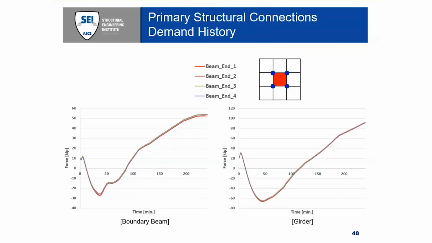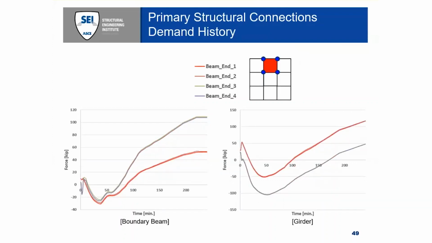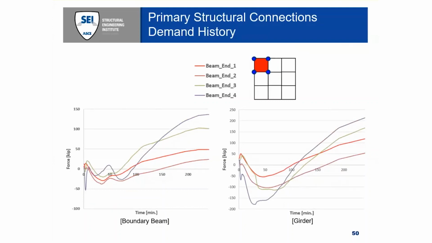And as you can see, there's symmetry here because there's symmetry of restraint. However, if you look at an edge bay, there's only symmetry in 2 directions. So there's a sort of bifurcation of the force histories at the connections depending on where you are. And if we look at a corner column, a corner bay, there's no symmetry in either direction in terms of the restraint conditions. So the force histories on the connections vary depending on what corners you're looking at. So we accounted for all restraint conditions that may be present.